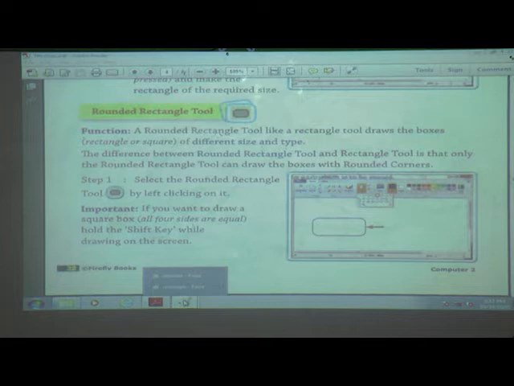We will draw here. We will take a new file. Firstly, we will draw with the rectangle tool. How to draw? Select it and draw the rectangle. Clear? Now the rounded rectangle. Rounded rectangle means this. This is the rounded rectangle. The procedure of drawing is the same. Select it, take the mouse pointer here and draw. You can see the difference between these two figures.